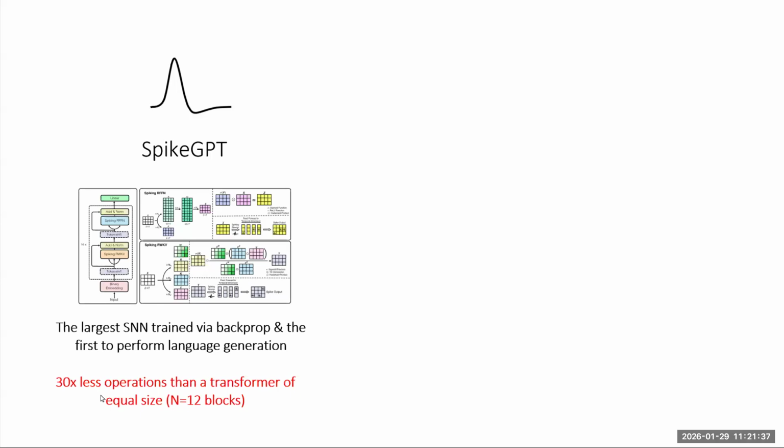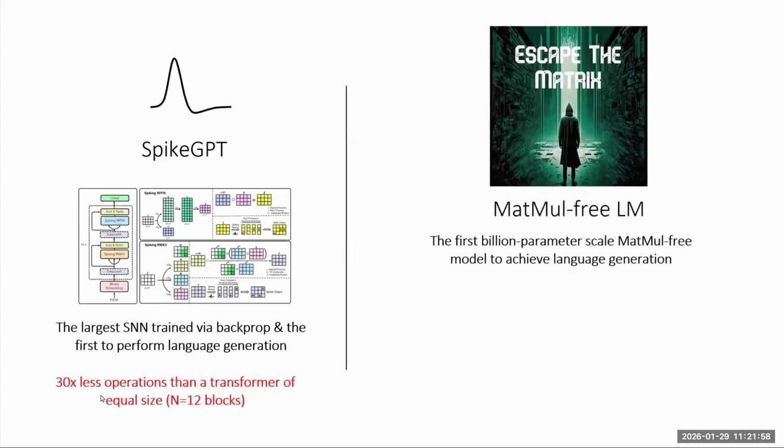So really, I think the problem with Spike GPT and many other spiking models is that you're just compressing your activations too much. I say that because every spike is a 0 or a 1, it's all about when the spike occurs. But I don't think we've done a good job of figuring out how to take advantage of that. That is still an open question at the moment, and I think that we could do better there. But what we did do, we took a lot of the learnings from Spike GPT, and